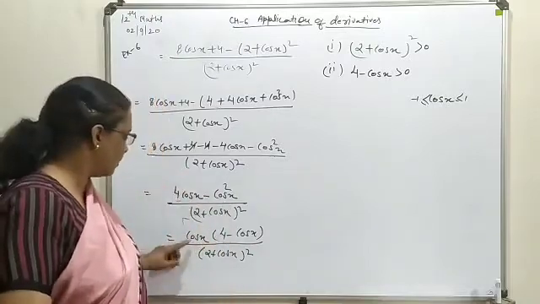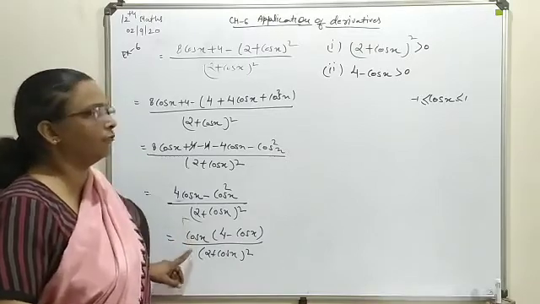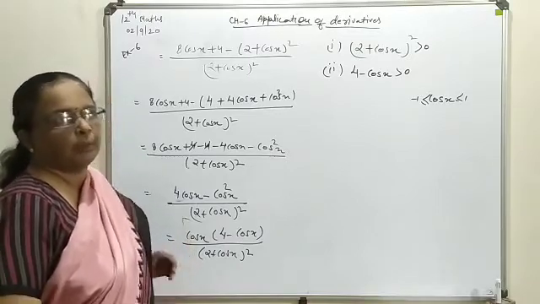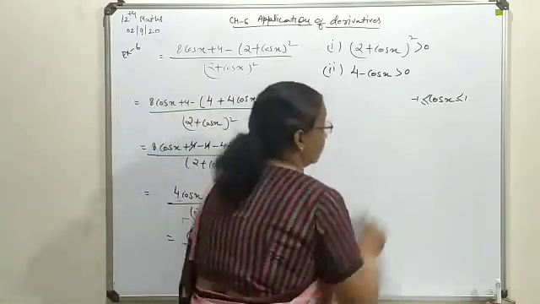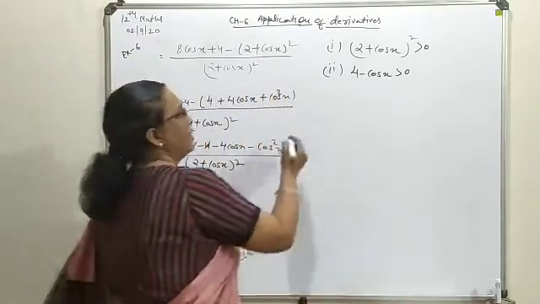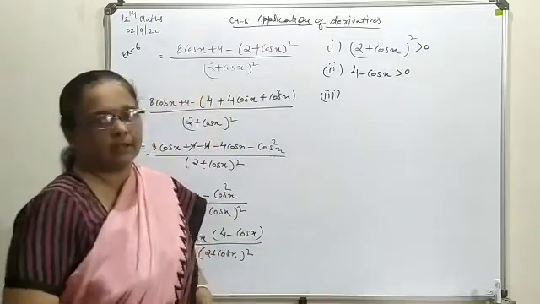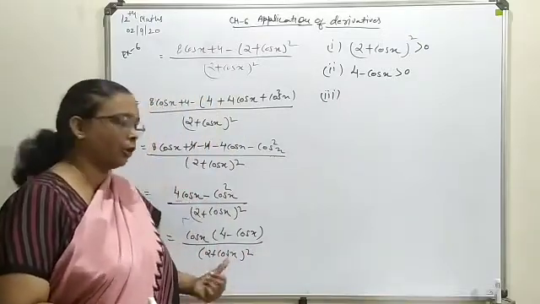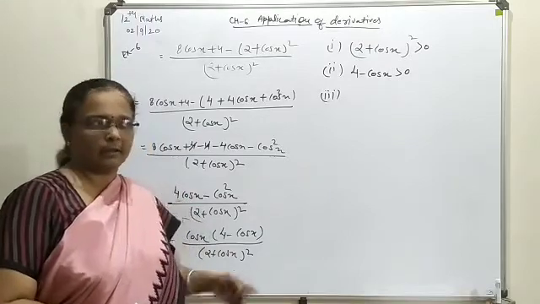Now what remains is this third one only, on which the sign of your first derivative depends, positive or negative solution. We know the quadrant system in which cos is positive or cos is negative. So the third term will decide the interval for which your given function is increasing or decreasing.